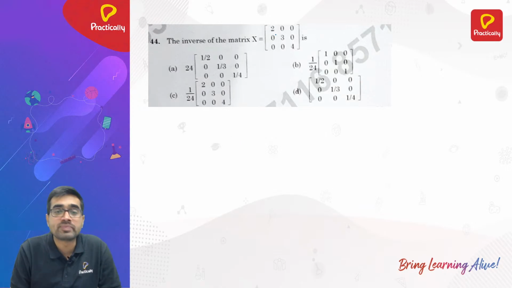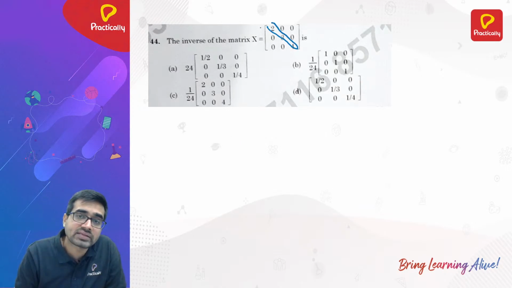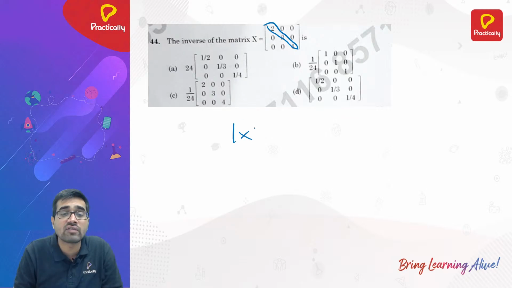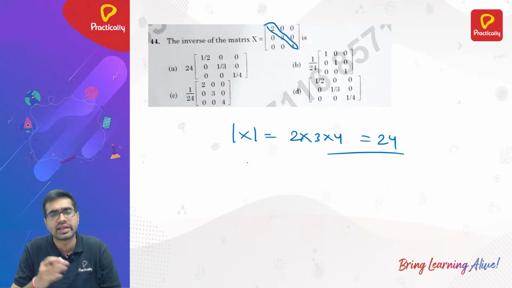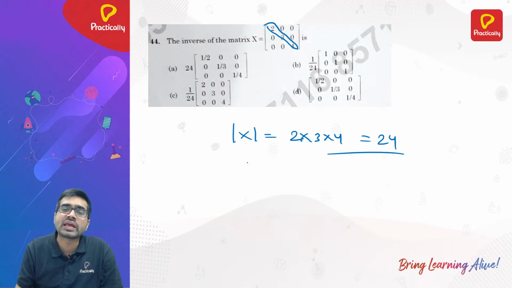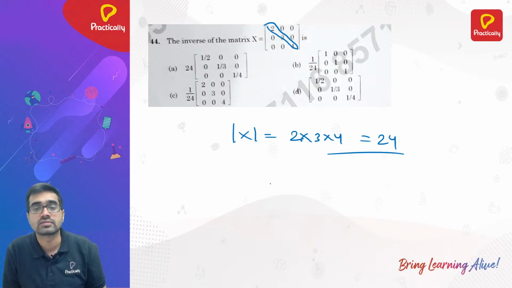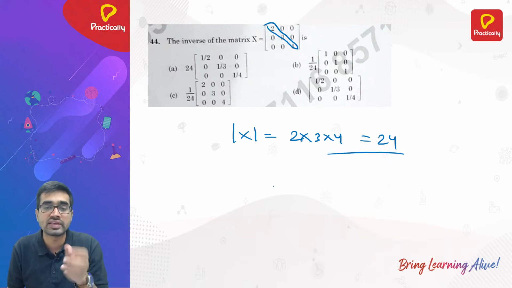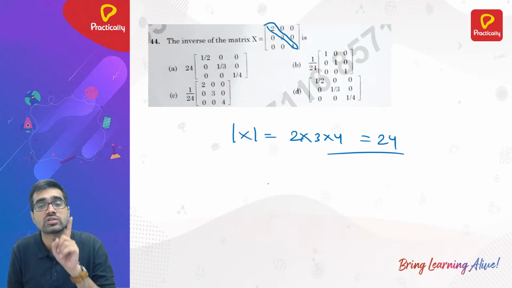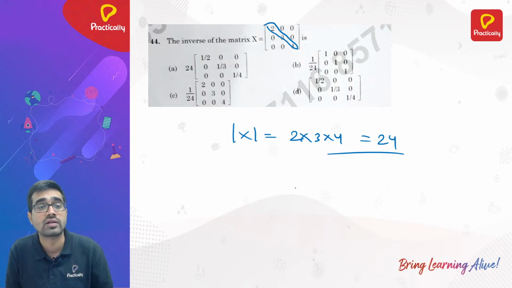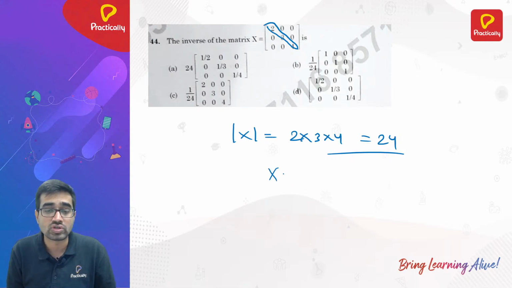The inverse of this matrix is a diagonal matrix. Very easy. The determinant of this matrix is nothing but the multiplication of the diagonal elements, just 24, direct. Then you have to take the inverse, which is a very easy case, because now you have to block everything and write in that place. So just notice the first element only, you will get the idea. You got 24, so you will write